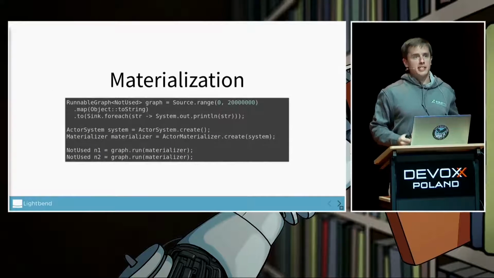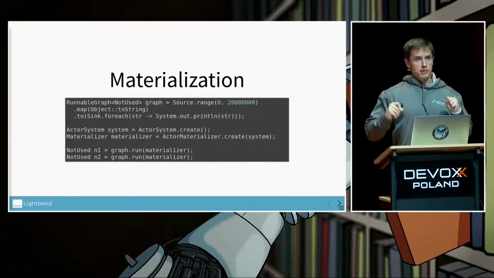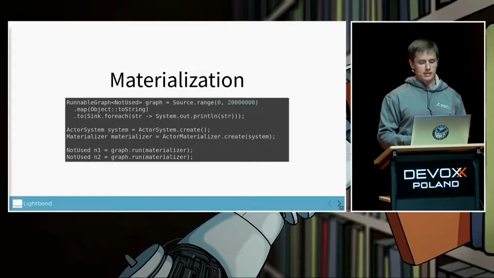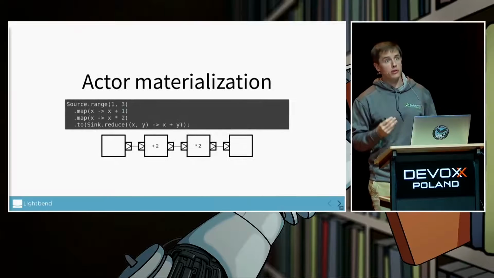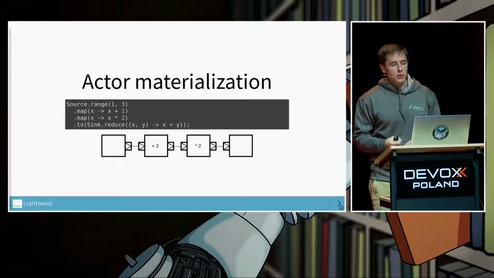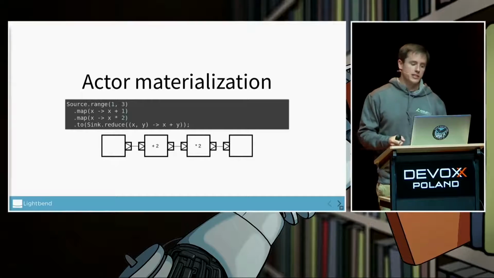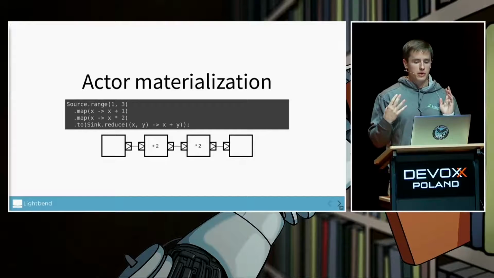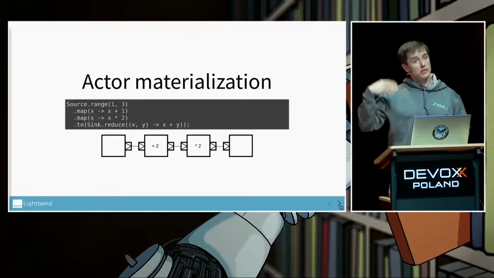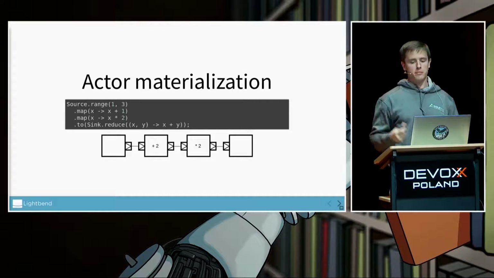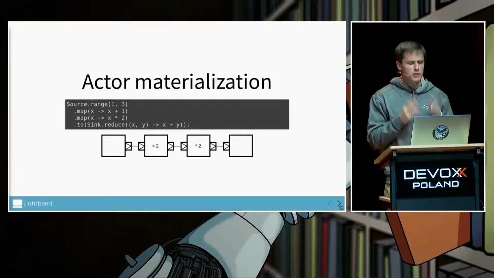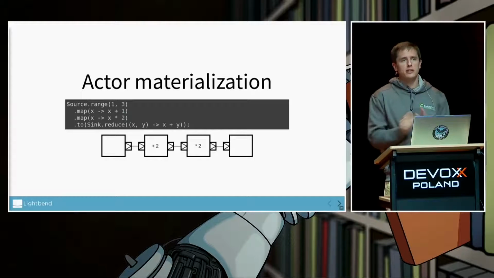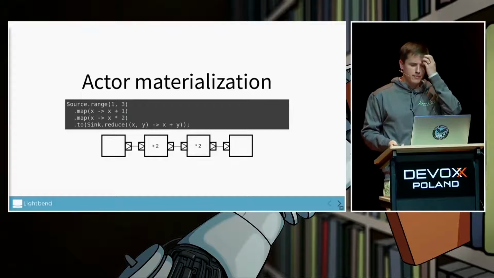So materialization. You build a recipe, and then you run it. And the running is done via actors. And this is where the flow control and the demand comes in. If we were to take a very simple Akka stream, which is ranging from elements 1 to 3, we do some mapping, and then we use a sink which reduces it, so it just takes one element at a time and applies the function. If you were to run that, it would turn into one actor, and there'd be no asynchronous boundary, and there'd be no flow control whatsoever.